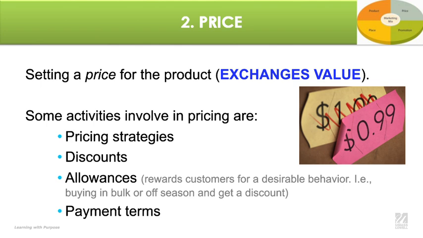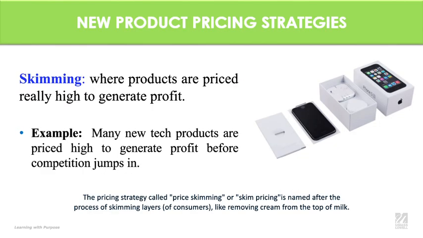So now we will see some strategies, and they are used for different types of products. First we will start with new product pricing strategy. So you're creating a new product that didn't exist before. You have one type of strategy to introduce this new product to the market, so that people get to know it, and that is called skimming. Skimming is like when you talk about the skim of milk, the top cream of it. So it refers to that.